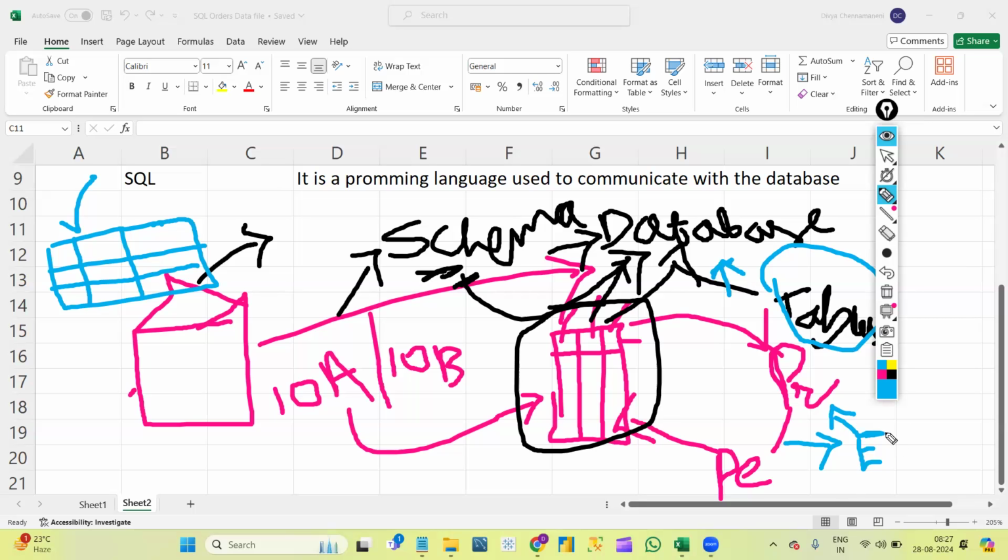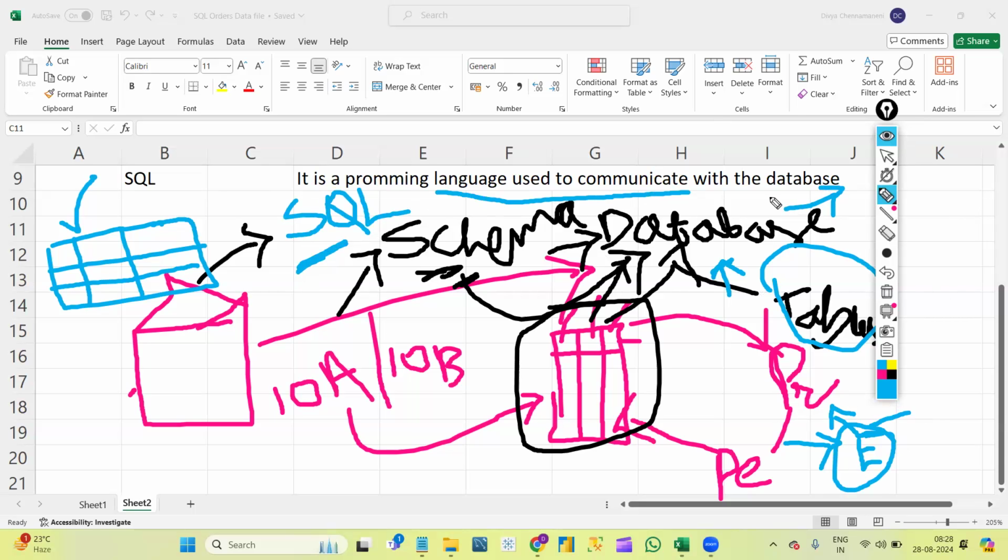Here, to make the peon understand, he used the English language, right? In the same way, to make a database understand, we will use a language called SQL. That is what I wrote as the definition here: SQL is a programming language used to communicate with databases.